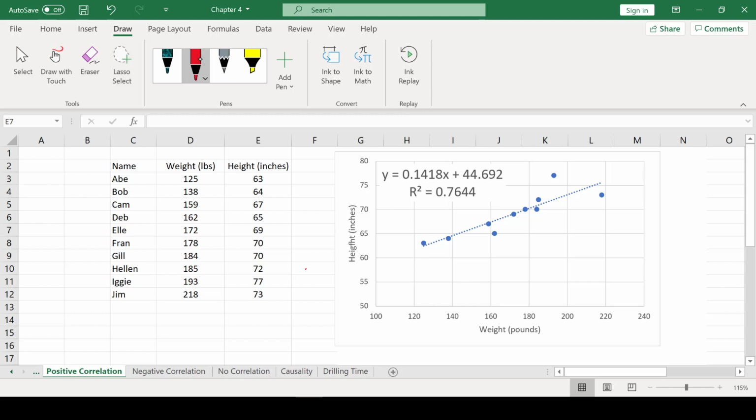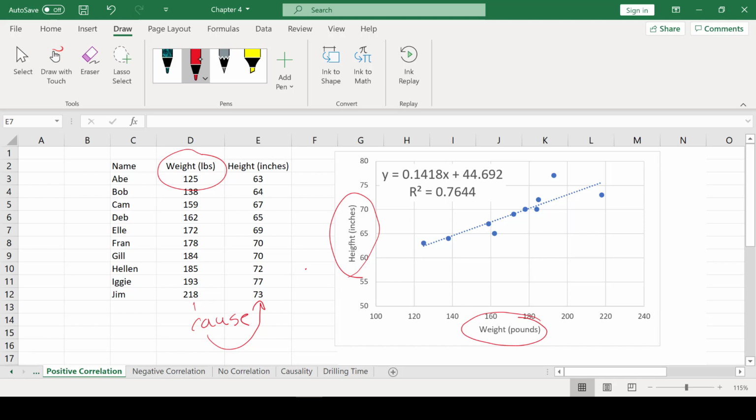But is this causal? Does increasing your weight make your height increase? Does this cause this? So does your weight going up cause you to get taller? Is there a causal relationship between the two? That's the difference between correlation and causality. You could have two things that are correlated, but just because two things are correlated doesn't mean one thing causes